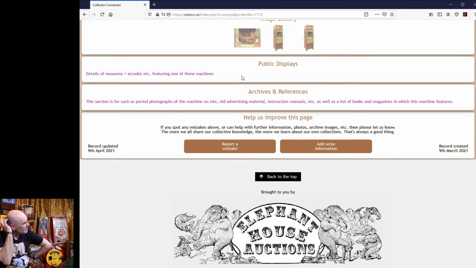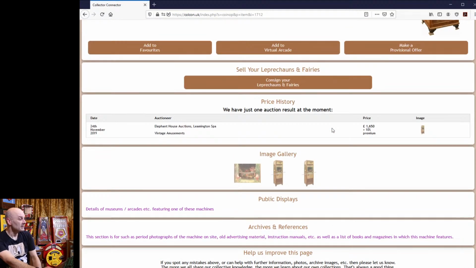Probably how I'll do that is I'll give, for example, like Peter Williamson, a login somehow or other. I haven't programmed it yet, so that if you've got an arcade or a museum or some other kind of public display, I think there's a few machines here and there in cafes and coffee shops and the like, you can log in and just let us know what machines you've got on site, and obviously change it as you swap things in and out, so people can come and have a see and have a play, and hopefully that